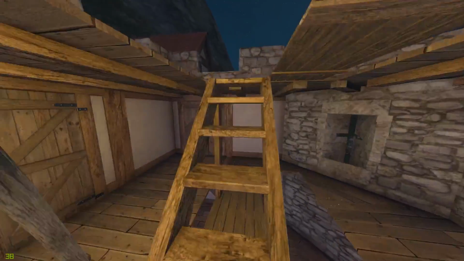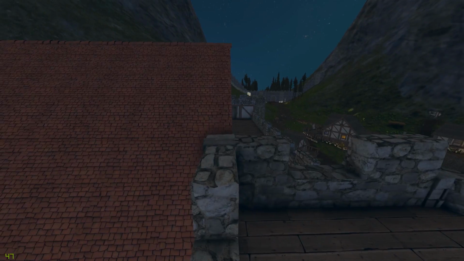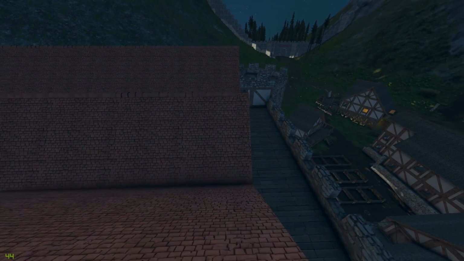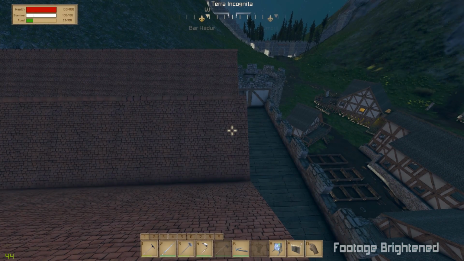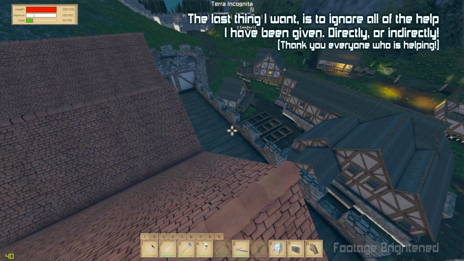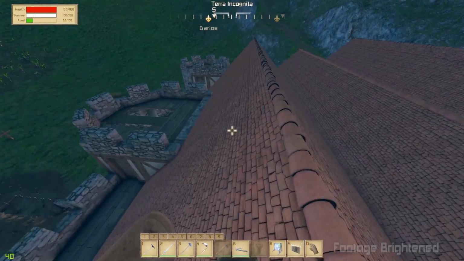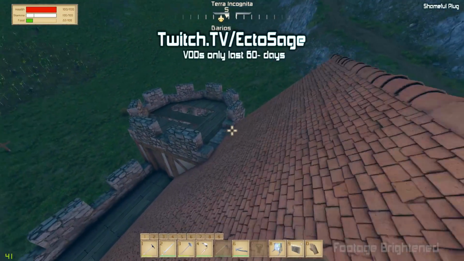And did I mention I built all of this on a live stream with the help of a bunch of people like Lexator, like Koljack, like Croatia, Crunter? I just call her Crue, it's easier. Anyway, a bunch of people helped me build this thing up. Mostly I was placing blocks and they would actually move the materials to them and build this huge place up. And most of that is on my Twitch channel, twitch.tv/ectosage, if you want to go watch that